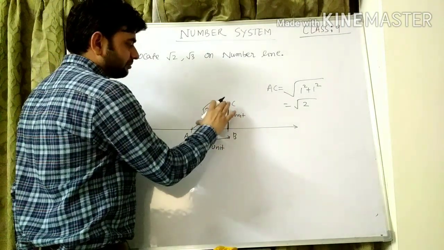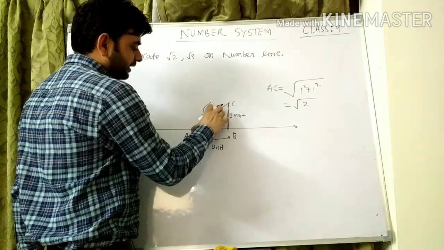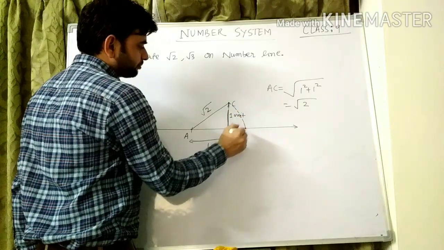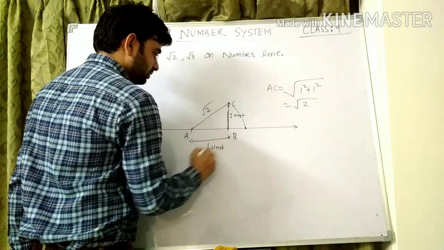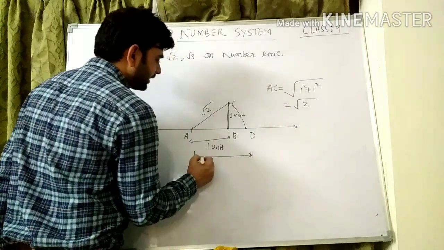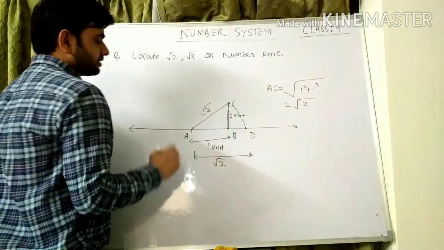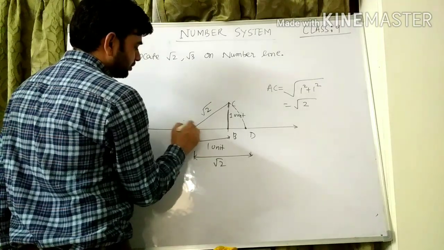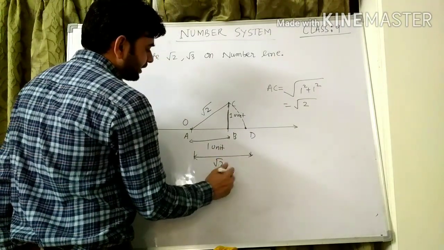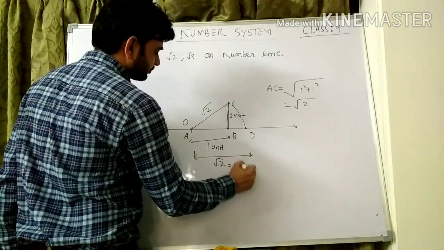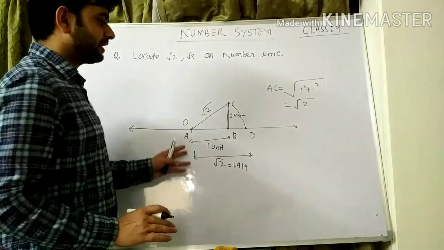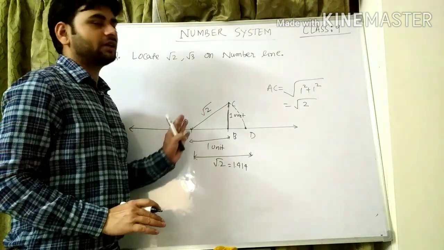Using the compass and pencil, you will put one point on point A, locate this point C, and move the compass like this. This point will be D here, so the length of AD will be root over 2. Suppose you start from the origin as the 0 point, you can locate this point root over 2. It will be approximately 1.414 on the number line. So likewise we can draw root 2 on the number line.